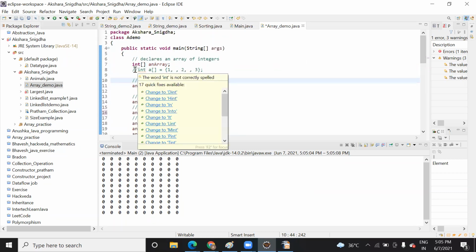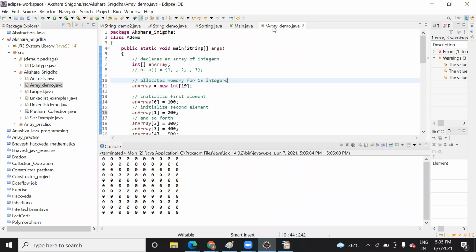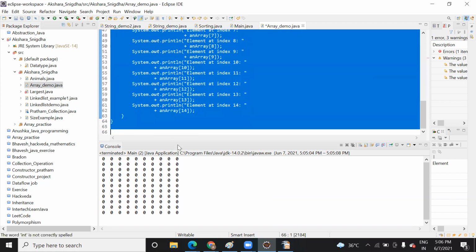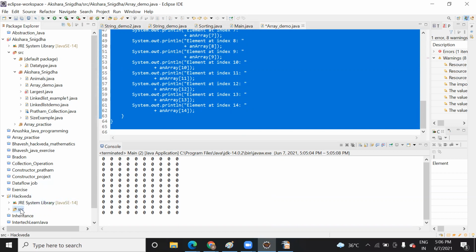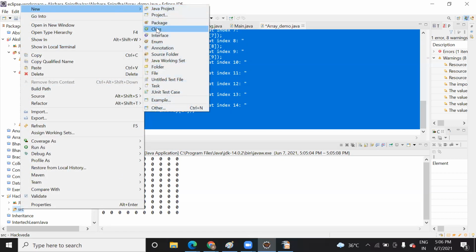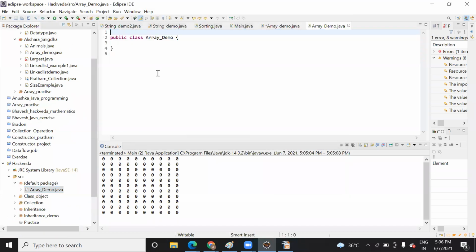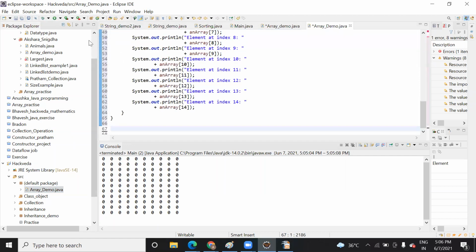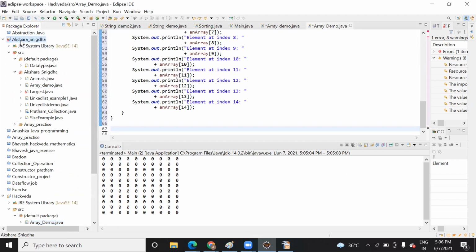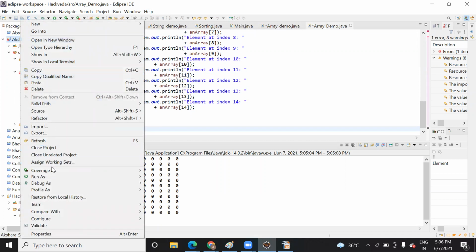Let me check it. Actually, in one of the packages I have an error, that's why it's not running.